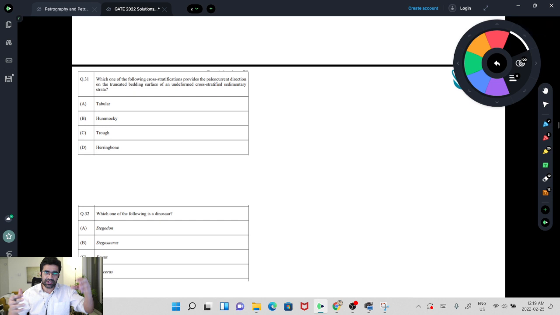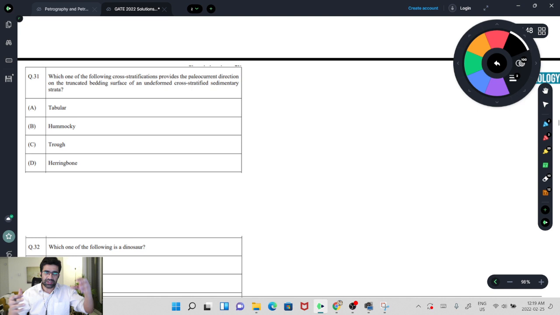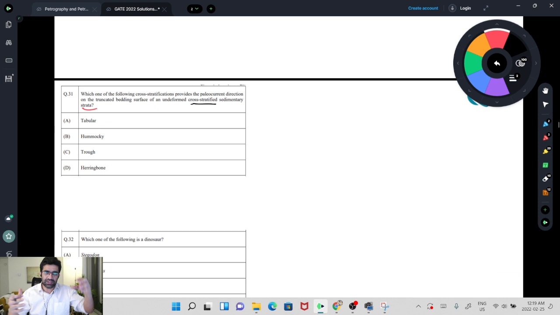Okay. Which of the following cross stratification provides the paleocurrent direction on the truncated bedding surface of an undeformed cross stratified sedimentary strata? So this is a question which has a little bit of material to unpack, one of the challenging questions until now. So cross stratification provides paleocurrent direction on the truncated bedding surface of an undeformed cross strata. Okay, so basically let's assume,